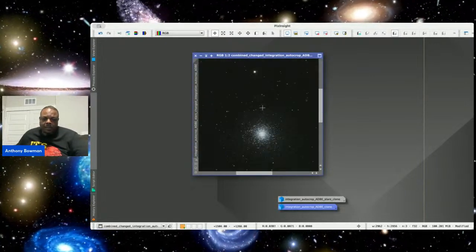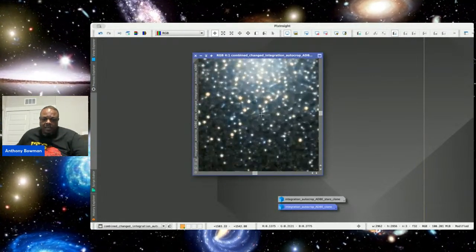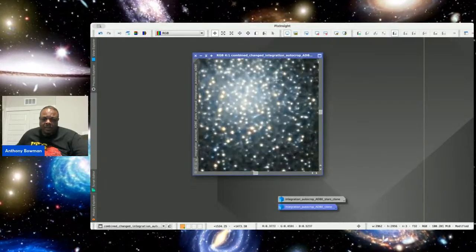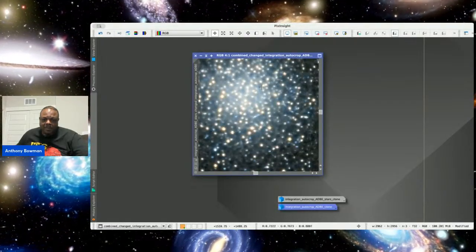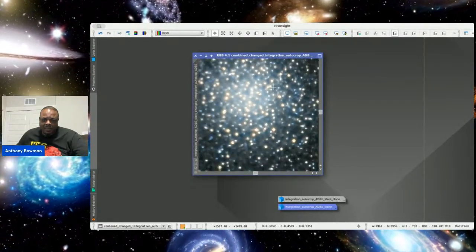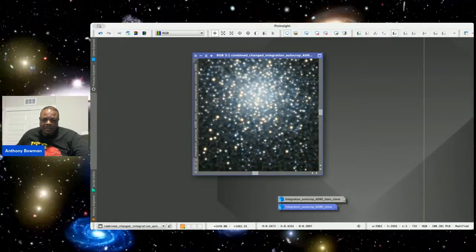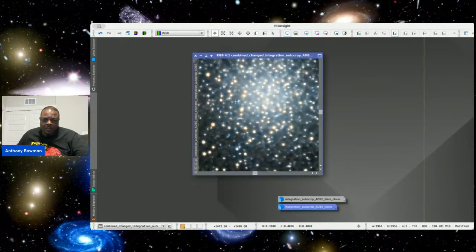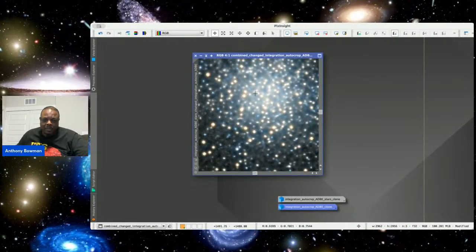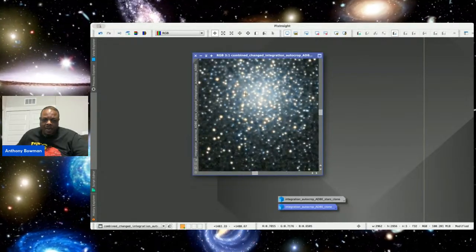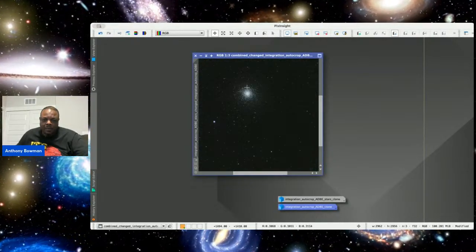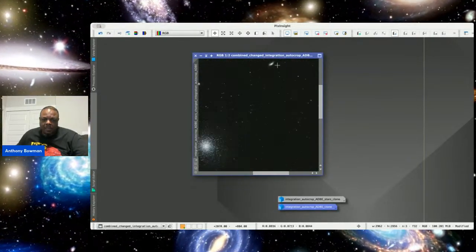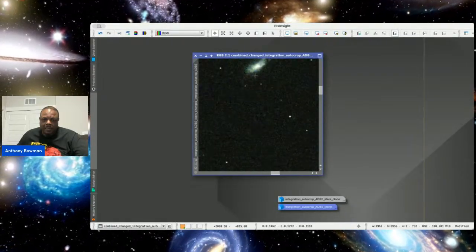Okay, so the Blur Exterminator has kicked in. So now we cooking. We cooking with hot grease now. We can see the stars. We can actually get some resolution in them, some separation in between the stars. They're not all blurred together. And then our galaxy is coming along.